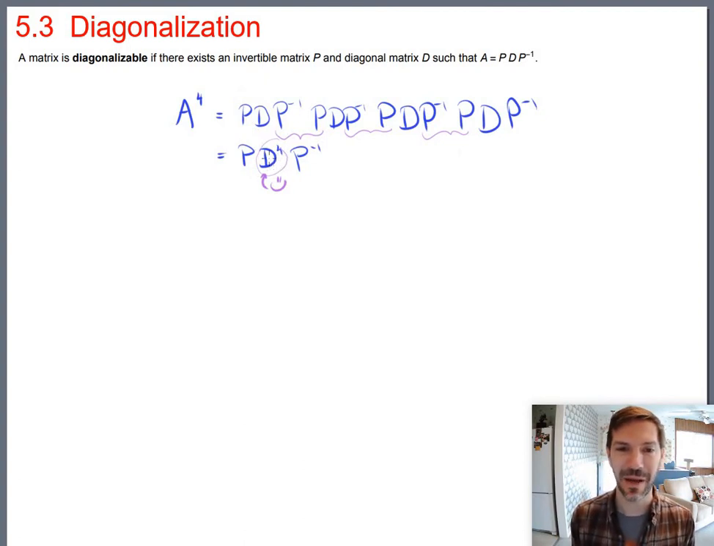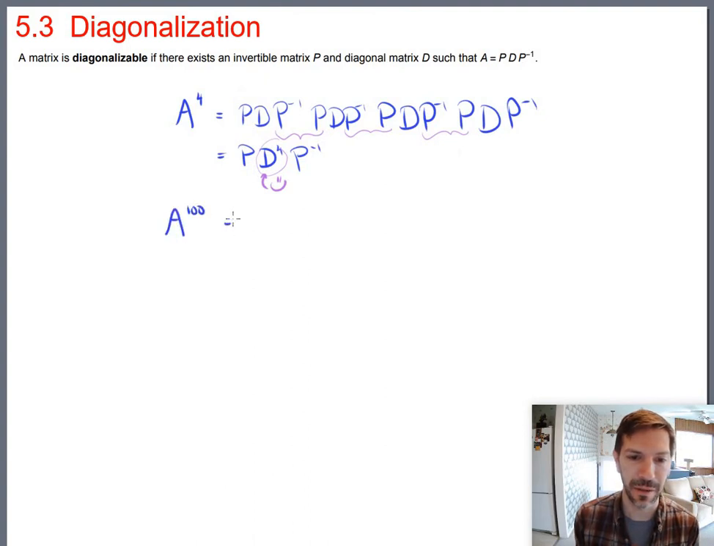So now instead of having to multiply by 4 full matrices to do this multiplication, I can do 1 matrix, a diagonal power, which is easy, and 1 more. So really I'm just getting 2 or 3 matrix multiplications rather than 4. And more to the point, if you wanted to do